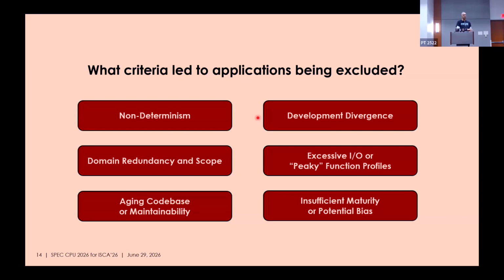And the divergence is so large that nobody on the committee thought it was a good idea to move forward with that. And so a lot of these workloads like media codecs have that problem. Cryptography has that problem. And of course, some of the newer AI has that problem. We do have a couple AI workloads that do neural network inference in the classical way. We have Stockfish and there's Marian that does machine translation. The other two here, if you have too much IO or you're only running in one small function, that's maybe not interesting. So we get rid of that. And if there's any bias that is seen by committee members, then that also is evicted there.